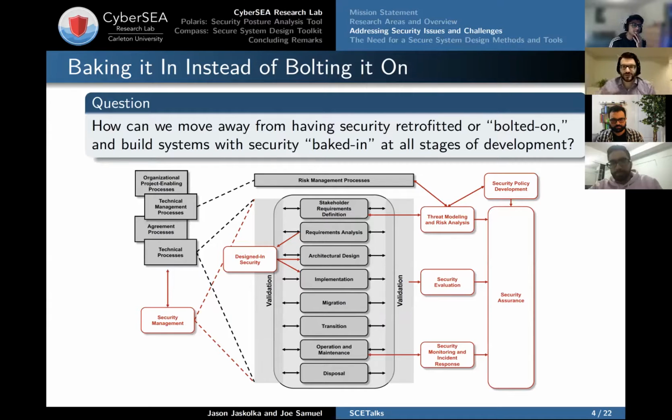And only once we do this can we go ahead and then ensure that we're going to be on the right track towards developing a more secure and trustworthy system. So one of the things I'll note here is that you see security evaluation and security assurance as sort of pivotal as part of these different security activities. And that's really where most of the work that our lab puts out lives.